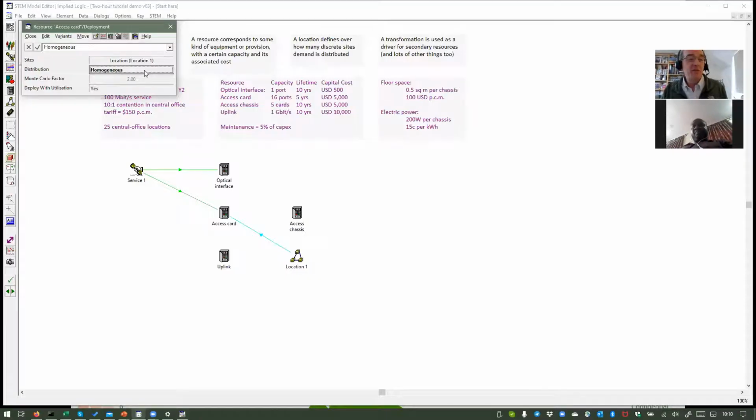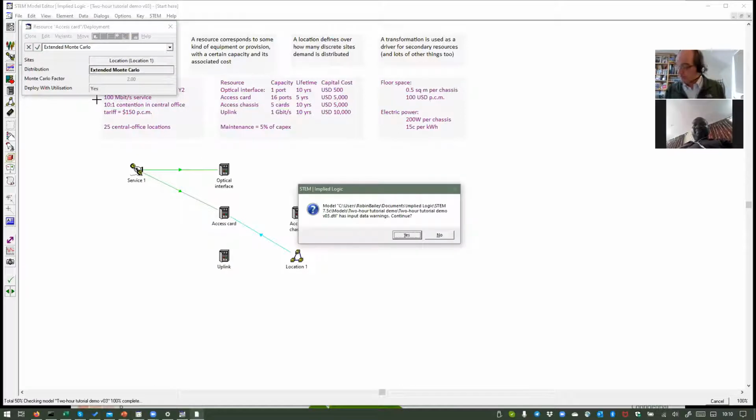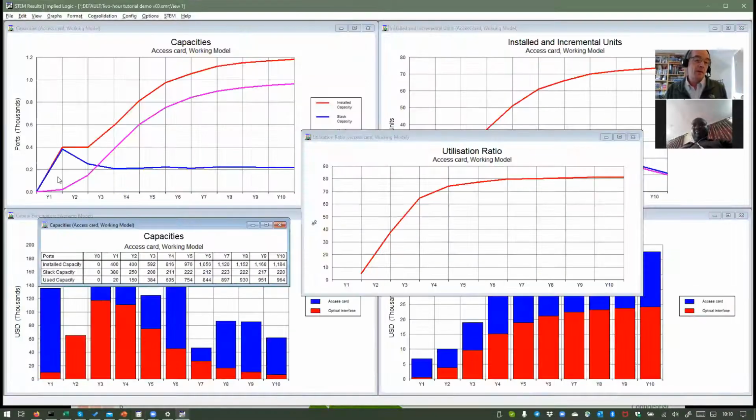Fortunately, we've thought of that, and there is a thing. I don't ask you to explain the name; that'll take too long. But it's called Extended Monte Carlo, and if I run that, then you'll see what we get is pretty much what I just said. So it gives you one each to start with, but then before you reach the point